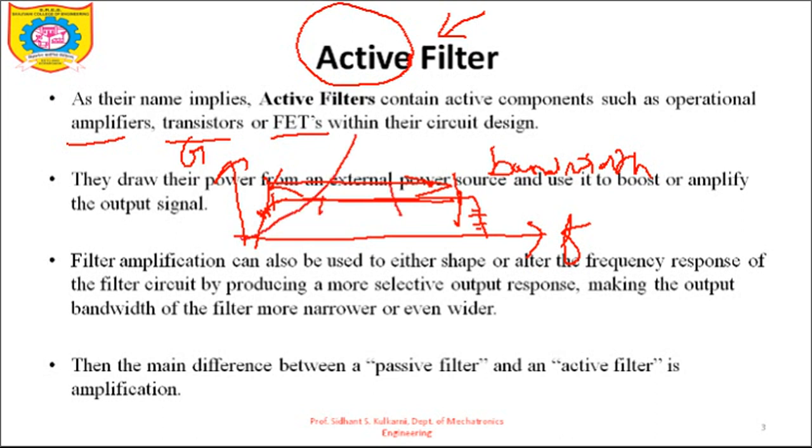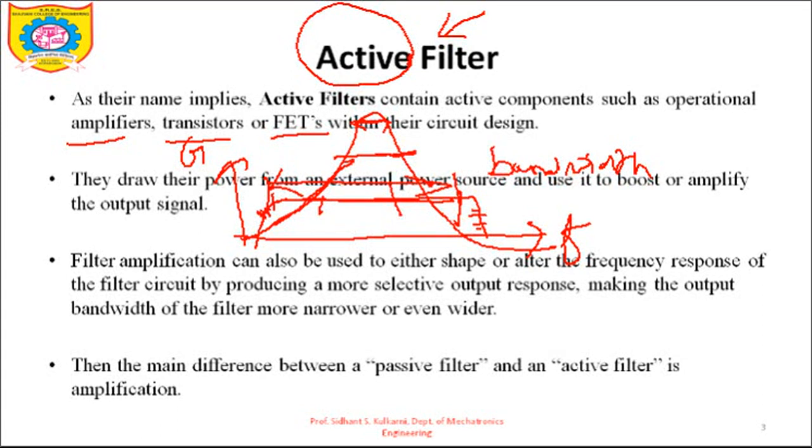Let's say the frequency response is something like this. For this frequency band it is giving low gain, for higher frequency also it is giving lower gain, but for this particular frequency band, which is very small, it is giving me the appropriate gain, then I can call this a narrow band active